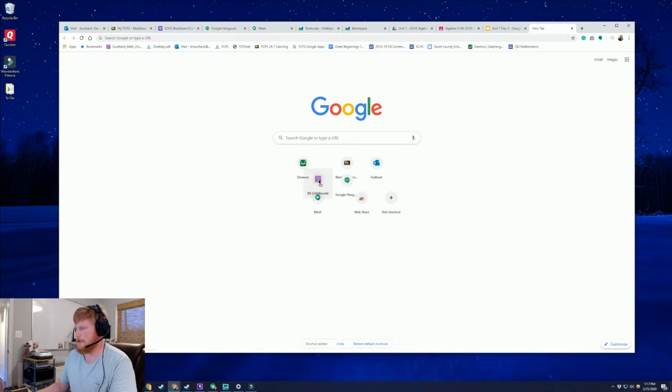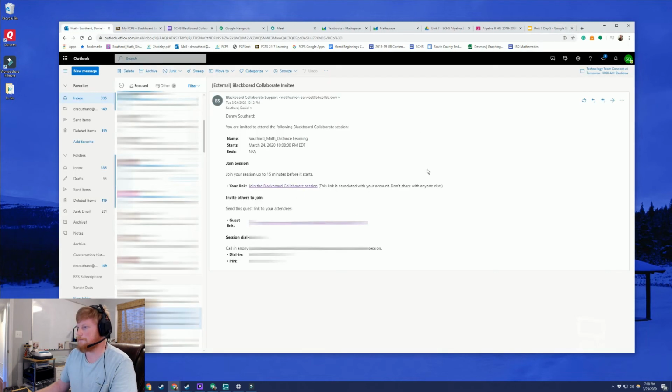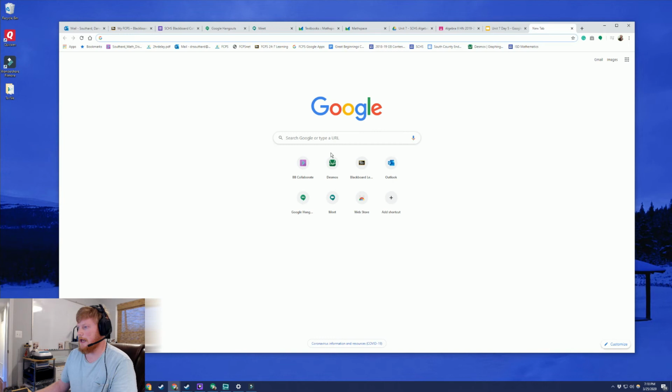Now, any of these shortcuts you can click and drag. I probably am going to be using this one fairly often over the next few months, so I'm going to put it up at the top here. So we'll do a quick demonstration of what this allows me to do. Now, as long as I'm in Google Chrome, anytime I open a tab, that link's going to show up. Click it,